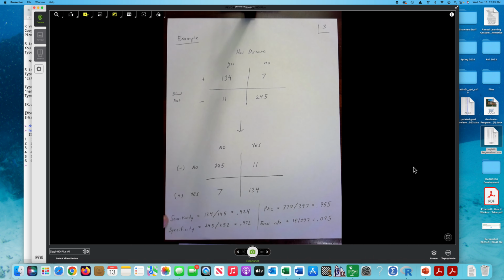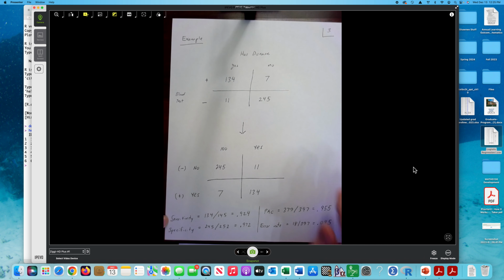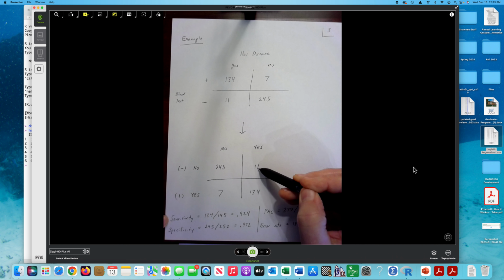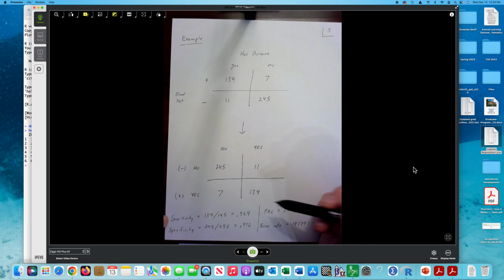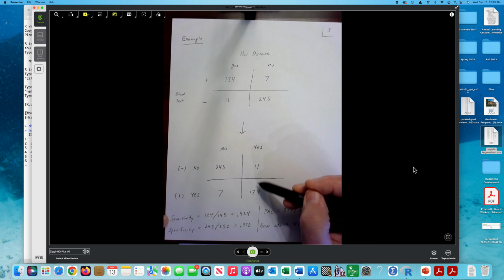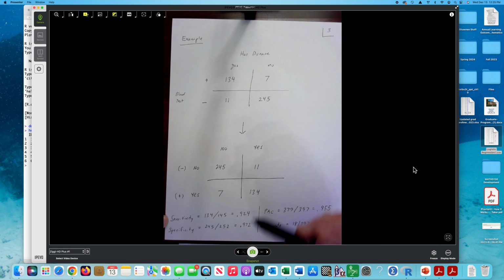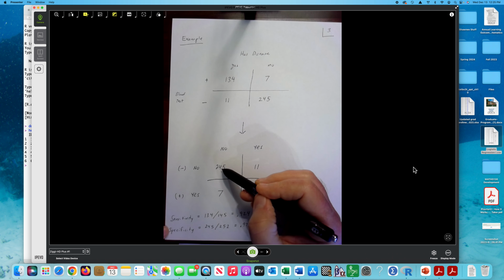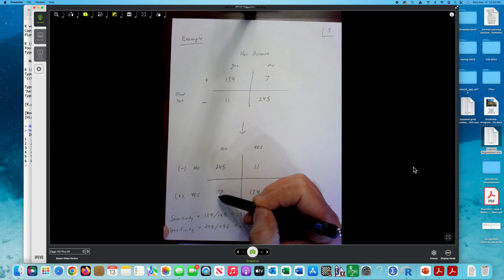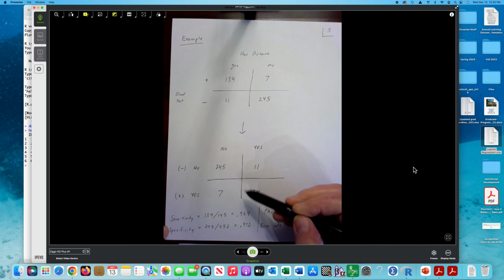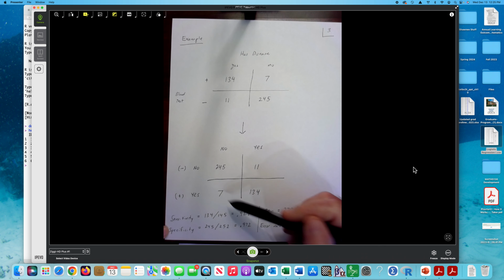So for sensitivity, I have tunnel vision on the last column. It's 134 plus 11, which is 145. So my sensitivity is 0.924. So 92.4% of those who were observed to have the disease were actually positively classified. Specificity looks at the first column, 245 divided by 245 plus 7, which is 252. Specificity looks at the accurately classified cases of the negatives. So 245 out of 252, or 0.972, were accurately classified,